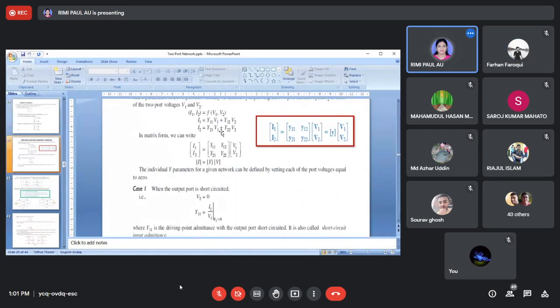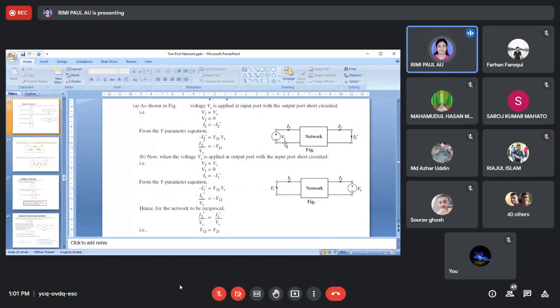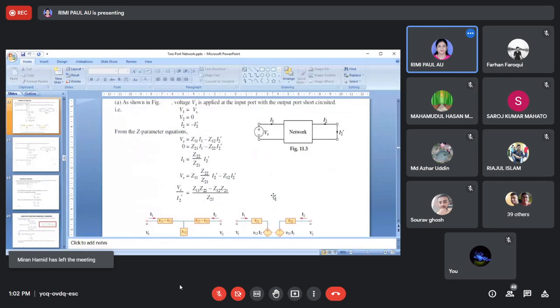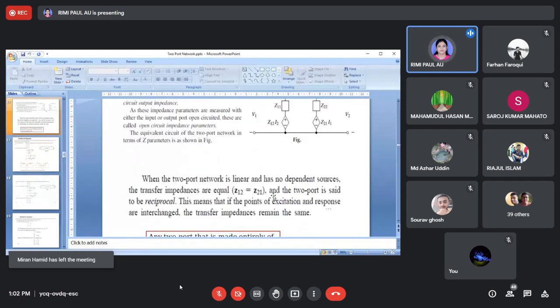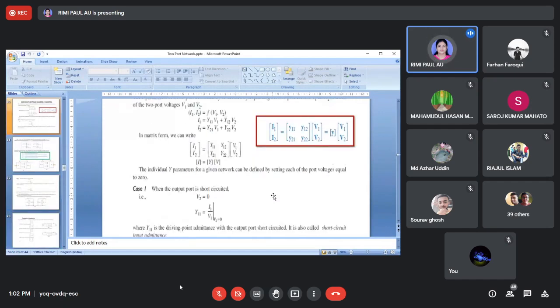You will take this equation now. Okay, same way you have to prove. Therefore, Vs supply I2 prime we have taken, Vs output port supply I1 prime is taken. But where we have replaced this one, we will replace here in this equation. And this is your task: to find out what is the condition, or what are the conditions, you have to find for this admittance network to be reciprocal.